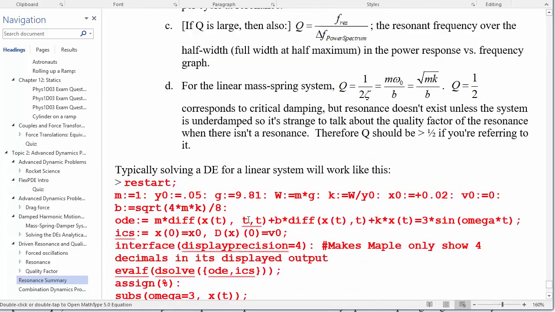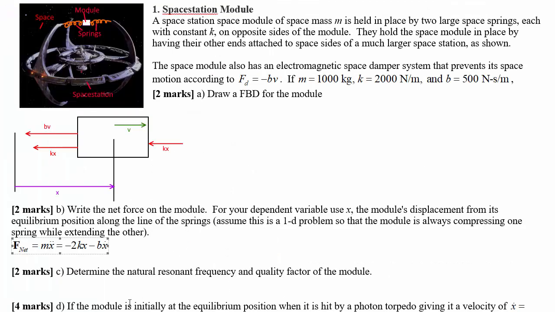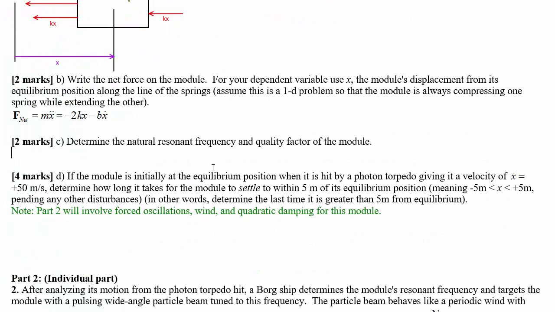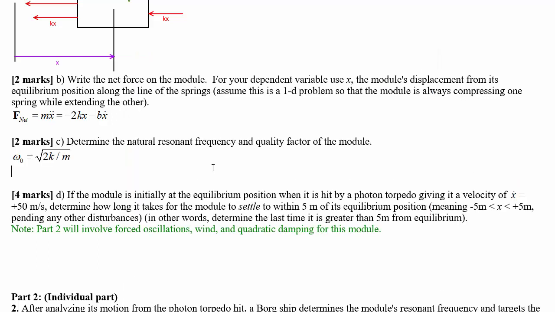There's an adjustment to this for damping, but normally it's not a big difference, especially if we are in a resonating system. So we're sort of in an underdamped case. So we're just going to use natural resonant frequency root K over M for a regular mass spring system. For this one, it's like we have double the spring constant. So we'll say omega naught is root 2K over M. Great. And the quality factor